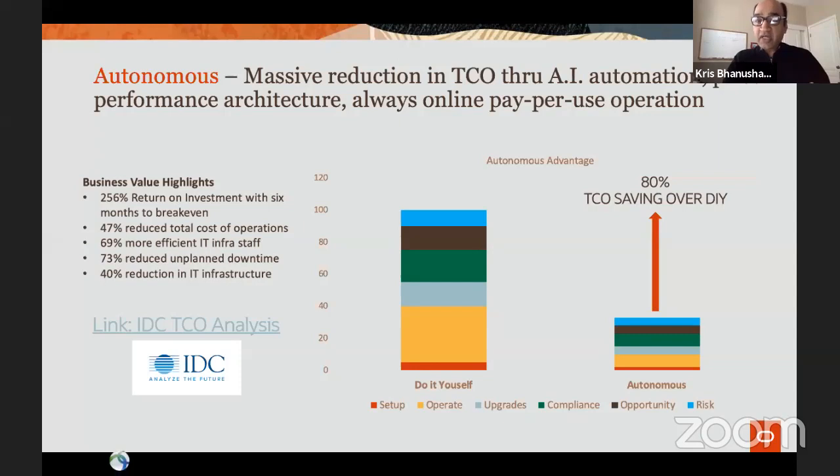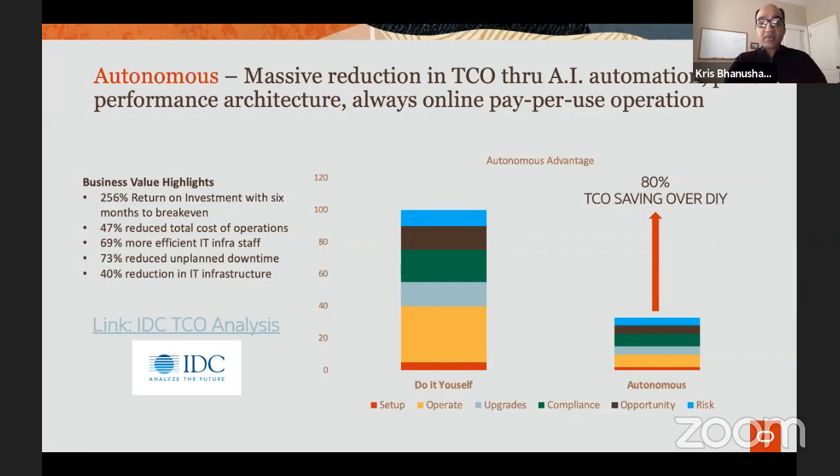The reduction in IT infrastructure. I showed you auto scaling, not having to pre-provision large amounts of hardware, which rapidly decreases in price, as you know. You plan for 3 years of growth, you buy it 3 years in advance, hardware that's going to reduce to a quarter of its value at the end of the 3 years.